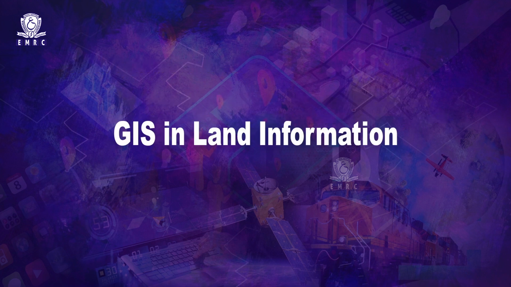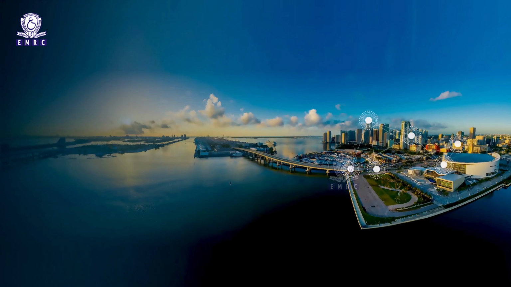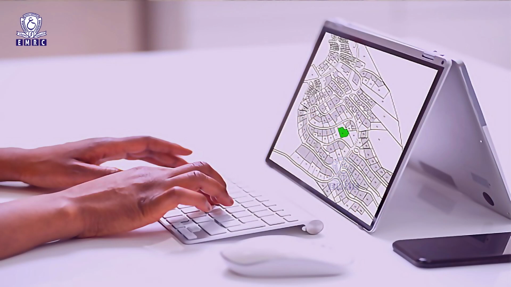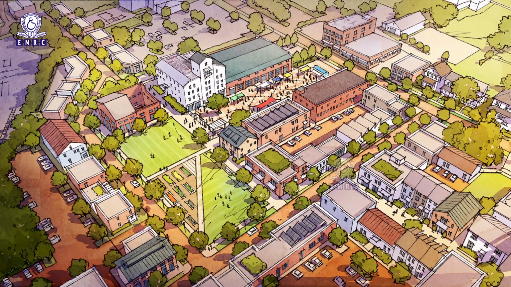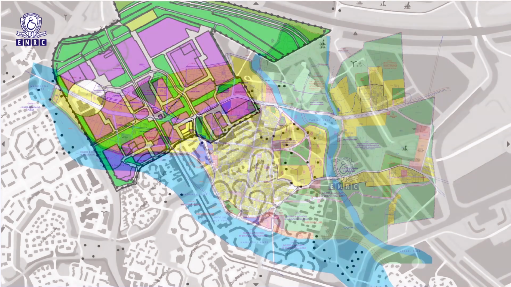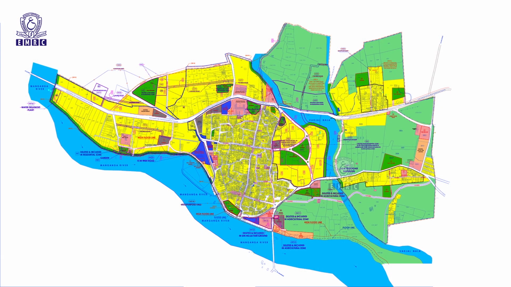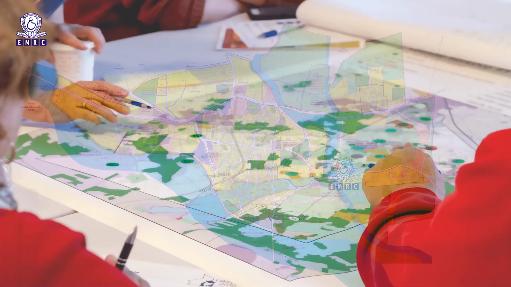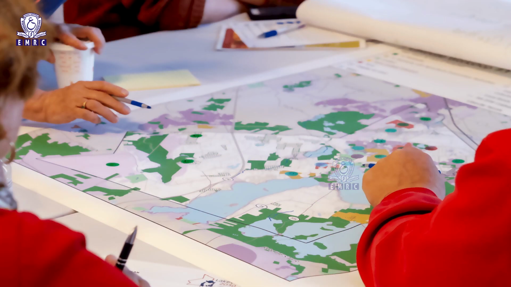GIS in land information. GIS has aided the management of land information by enabling easy creation and maintenance of data for land records, land planning and land use. A number of municipal governments in particular have started to implement GIS in order to help manage the land information. GIS makes inputs, updates and retrieval of data such as tax records, land use plans and zoning codes much easier than during the paper map era.